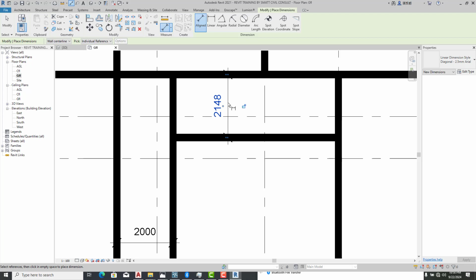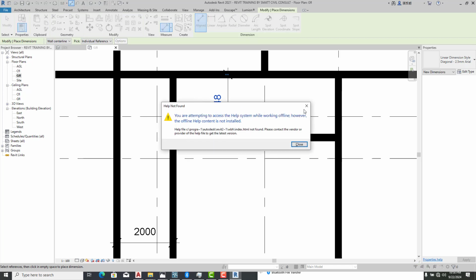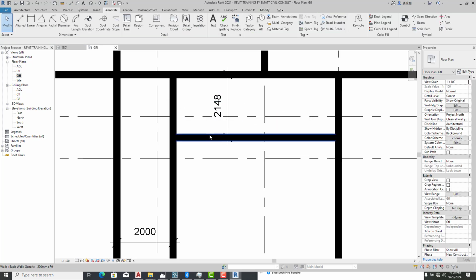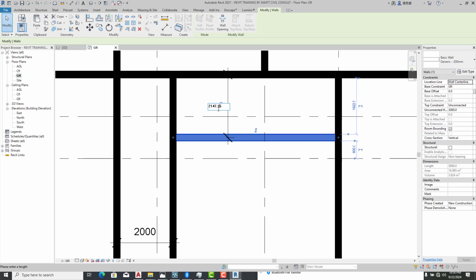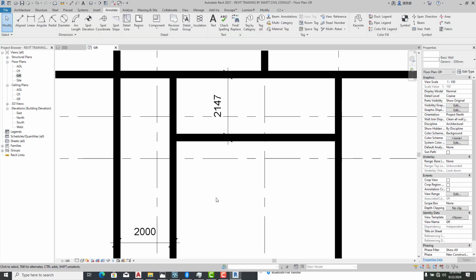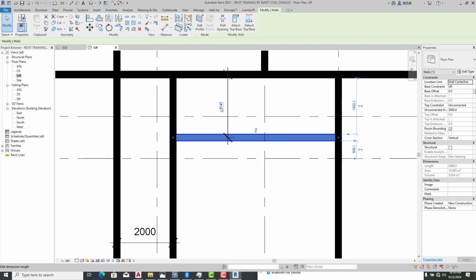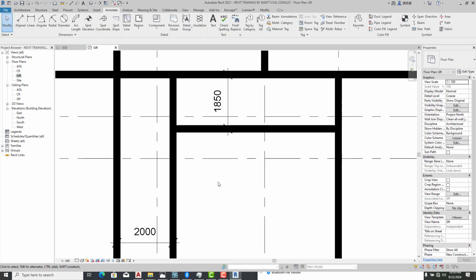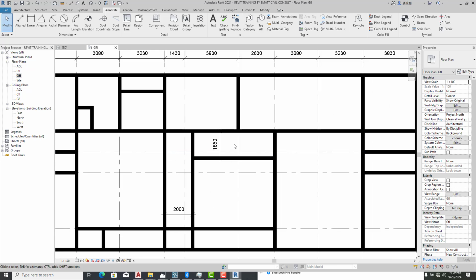So we are going to make it to be 1,850. So I'll select this wall. I'll write 1,850. Then the next thing I'm going to do now,